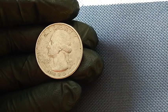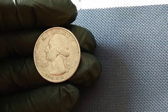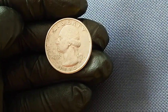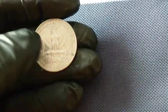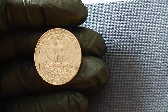And in the case of the $259 million example, reports have indicated that all of these errors, yes, all of them, coexist in a single coin, making it the ultimate specimen and arguably the rarest error coin in modern US history. And what further amplifies the intrigue and value is the backstory surrounding its discovery, rumored to have occurred when